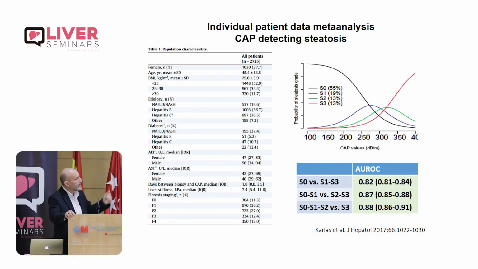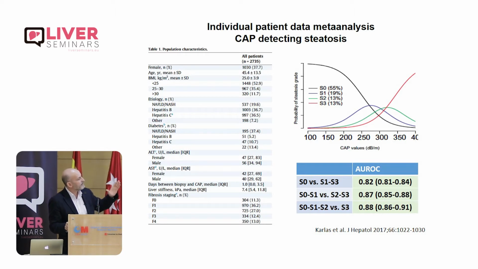steatosis. But we also have the opportunity to use CAP. In this individual patient data meta-analysis, CARLAS included more than 2,700 patients of different etiology and calculated the diagnostic accuracy of CAP. The controlled attenuation parameter is software included in the FibroScan. Using the same machine, we can calculate the stiffness in kilopascals and also the controlled attenuation parameter, the CAP, in